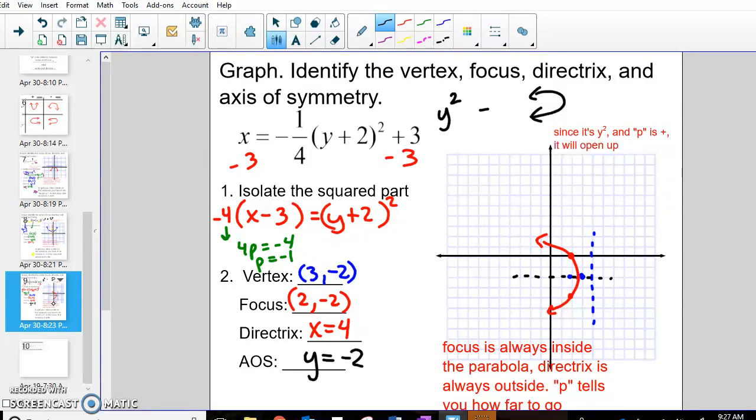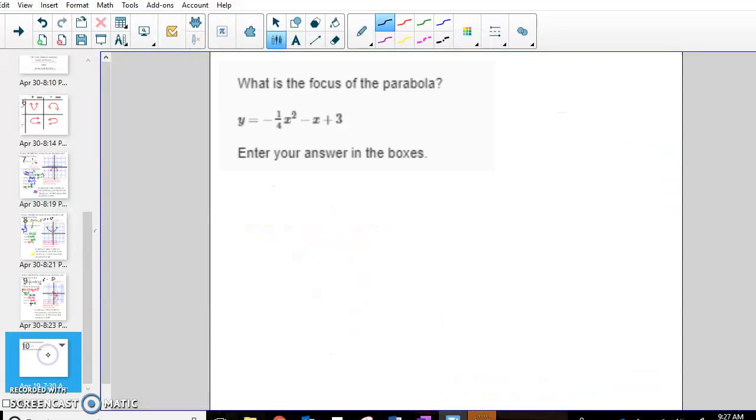But the y-squared just means it's opening sideways. The questions on your quiz look like this, so your equation looks a little bit different. We have to make this equation look like the other equations that I've given you as examples here. In order to do that, we have to complete the square. So we have to complete the square for x, which means that the plus 3 needs to go to the